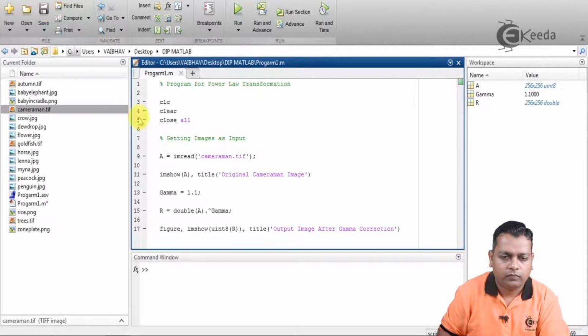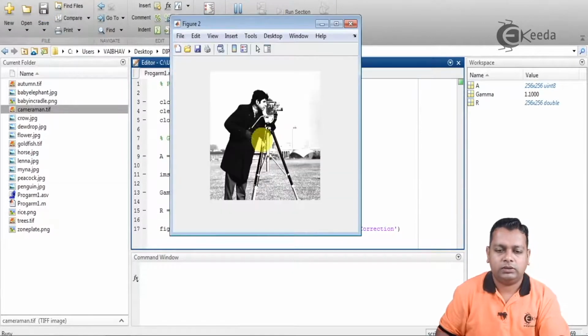This much we save, and we see the result here.